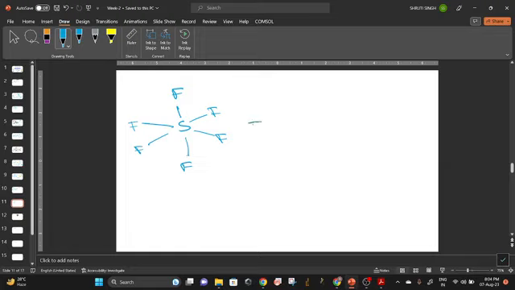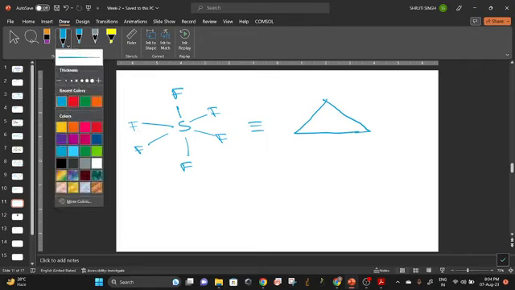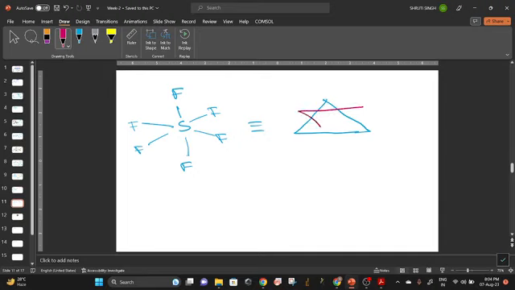Okay, so I will write it as two triangles. Take these two faces, or any three at once, and the other three, and form a triangle. And the top one, at this S is in the center and F are at the corner of the triangle.